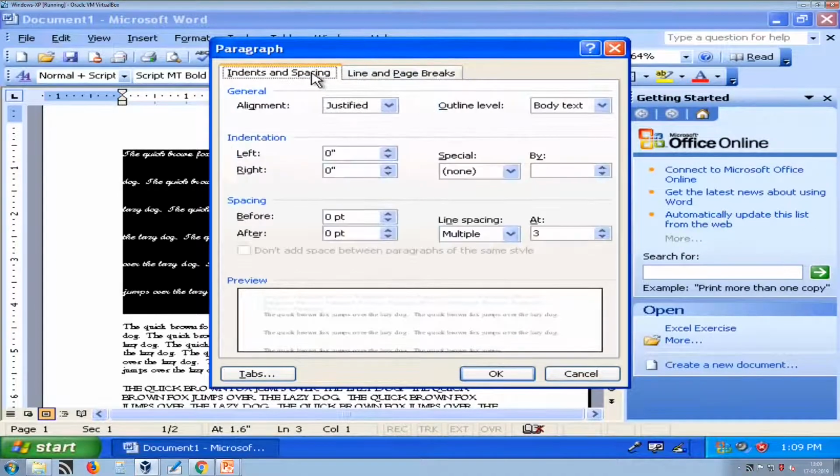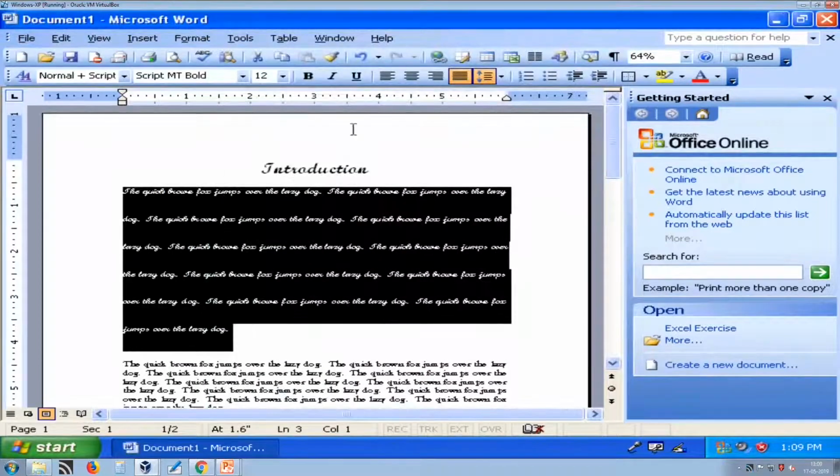Now, we try to understand what is indent and spacing. Here you see on screen that alignment we have already used: left, center, right and justify. So, this is indentation. This left area is called margin.